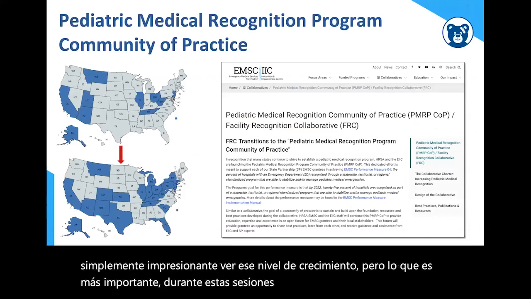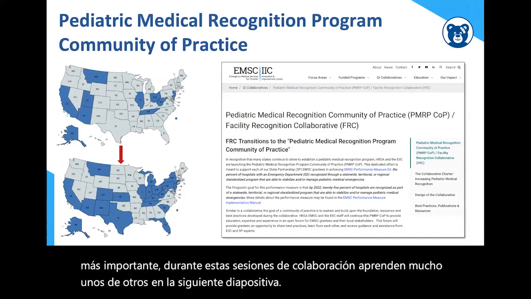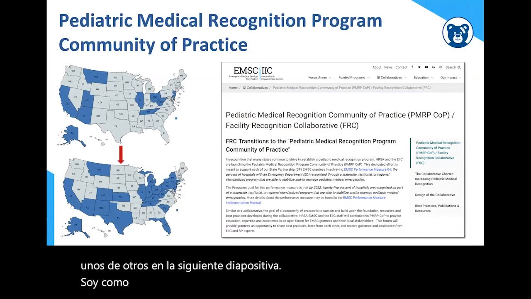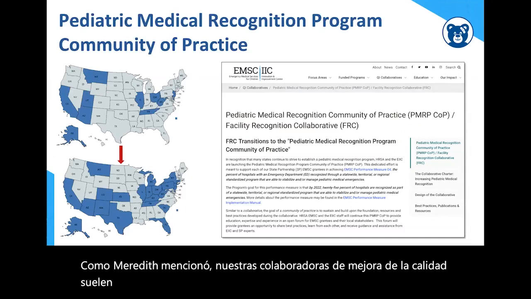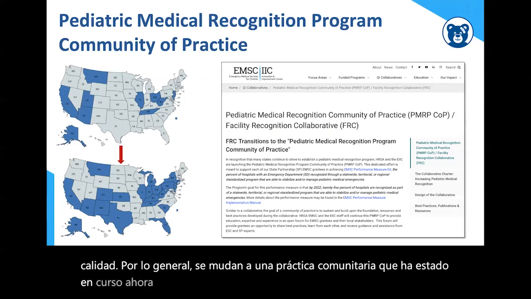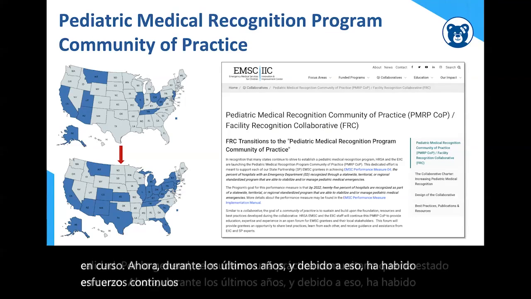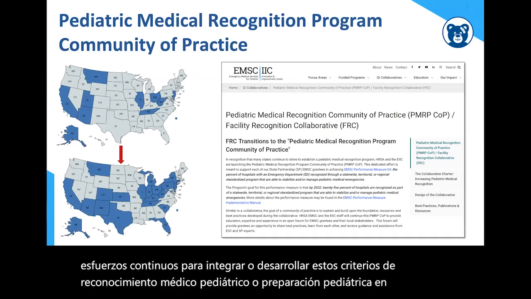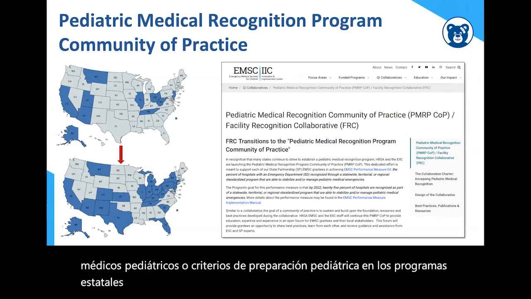Next slide. As Meredith mentioned, our quality improvement collaboratives typically then move into a community practice. That's been ongoing now for the last couple of years. And because of that, there's been ongoing efforts to integrate or develop these pediatric medical recognition or pediatric readiness criteria into state programs. And so that transitioned, and you can see now, if you go to the next slide, that we are currently 17 states.